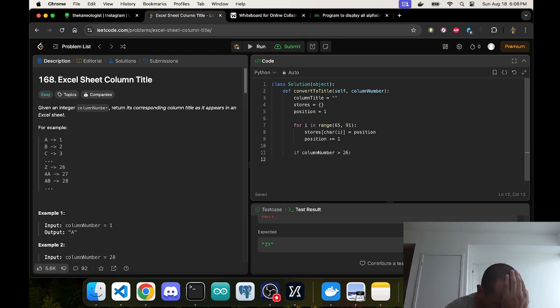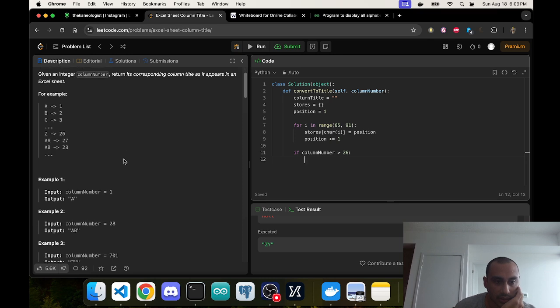I have to add another multiple. So for example, if it's 26, I divide it by that, it's 1, right? And then if it is 26,